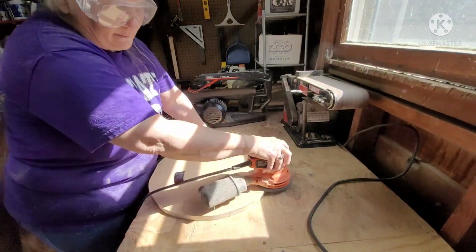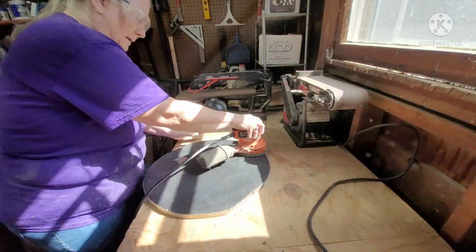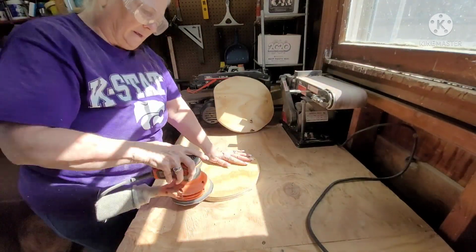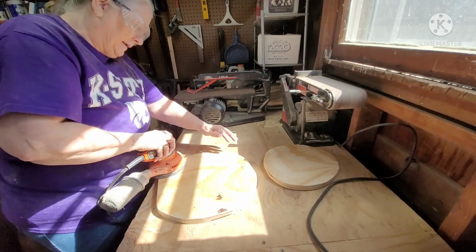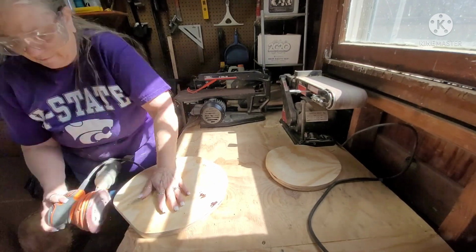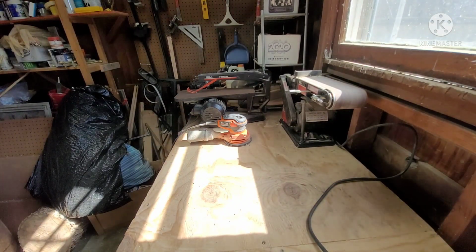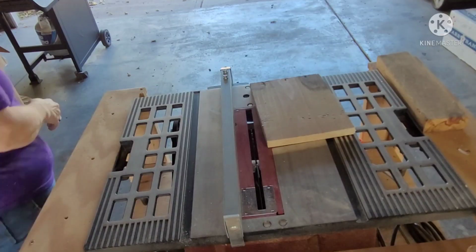And here I am, I'm sanding the tops of those 3 rounds that are not round. We'll call them rounds, but they're not really round. But here I am just sanding them all off and getting them smooth so that they won't snag you. And then I'm going to take these all back over to my other work table,